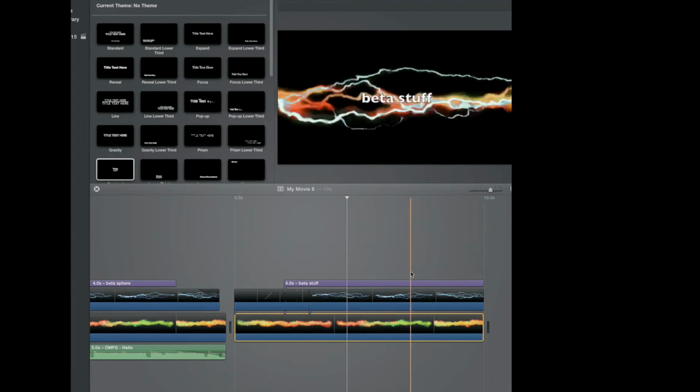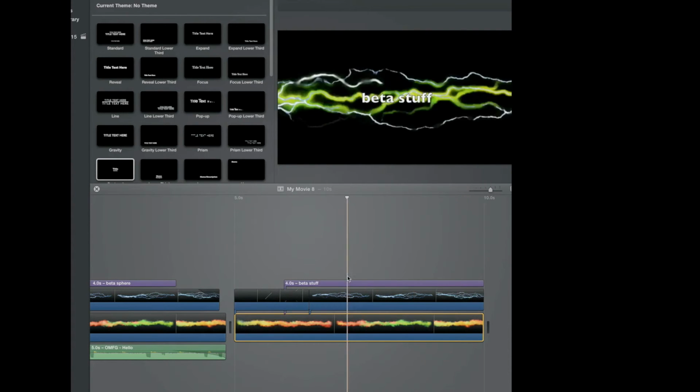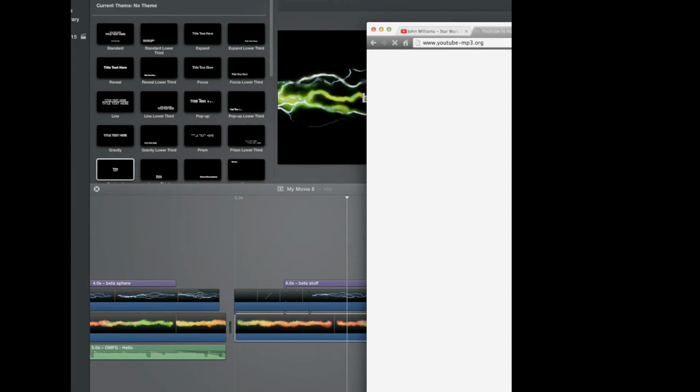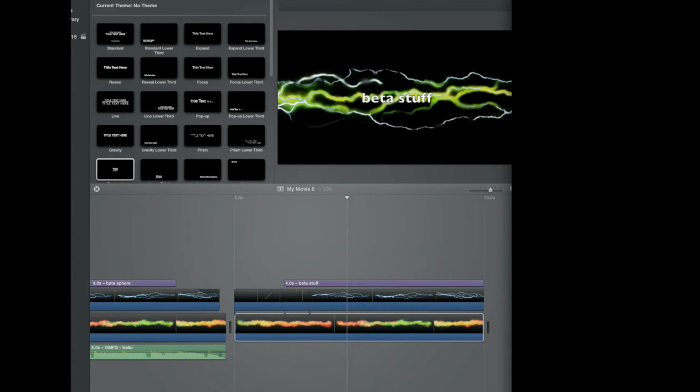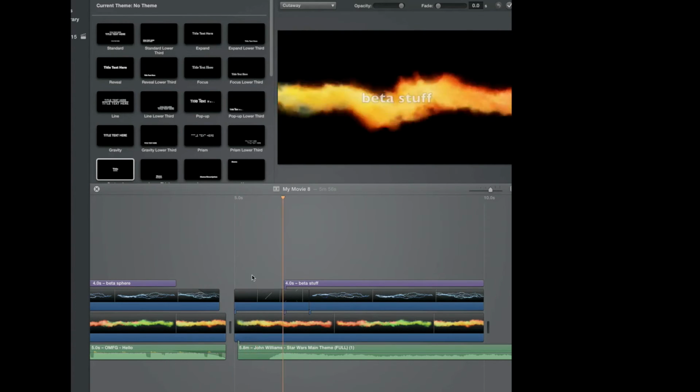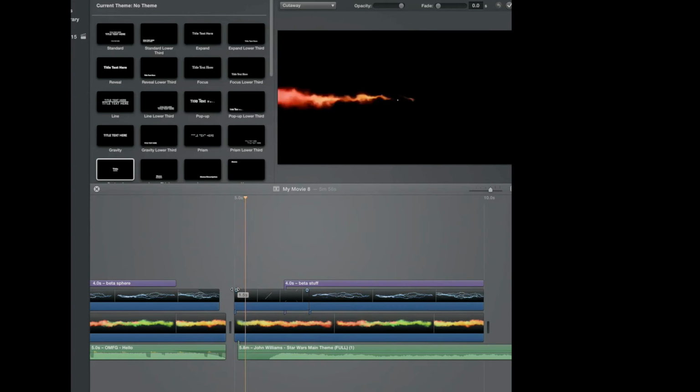Anyways, that is how you make a simple intro, despite dragging in the MP3, but that's pretty much self-explanatory. I'll just do that now if you want. Convert video, download, drag it in, and that's pretty much all you have to do. This is a 4-bar